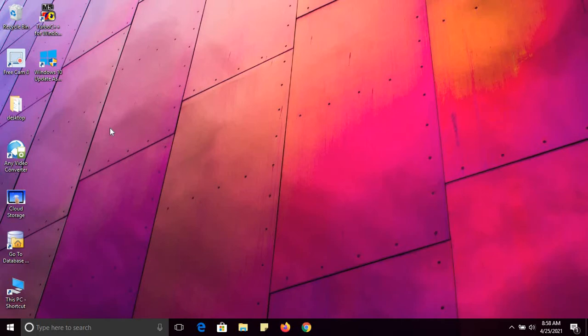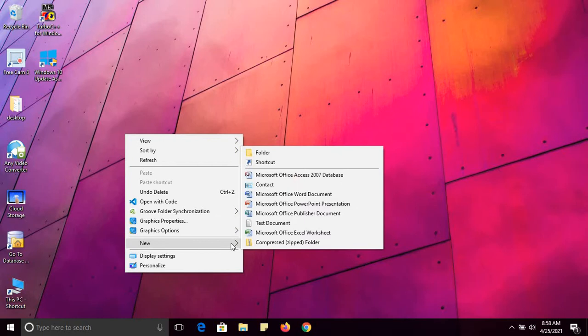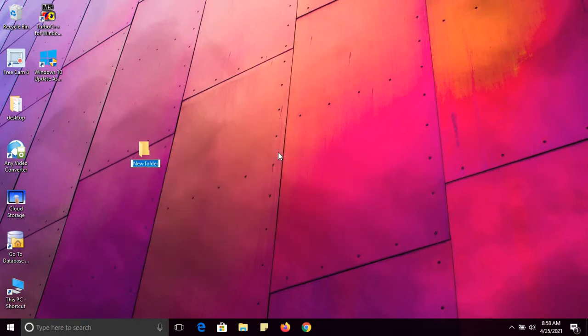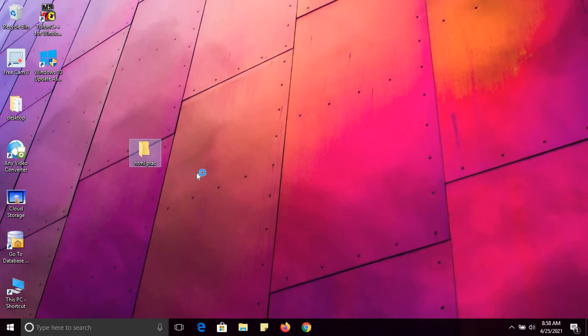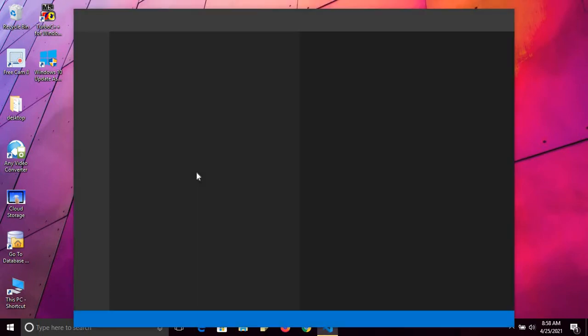For that, this is the desktop, and just create a folder, HTML practice. We will work on this folder in the coming lectures also. Right click on this folder and open with code. I have installed VS Code, Visual Studio Code, in my system.